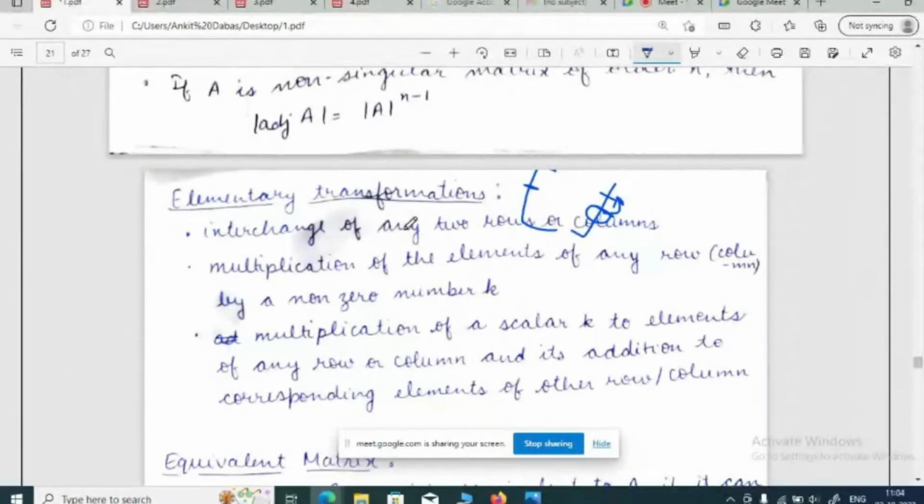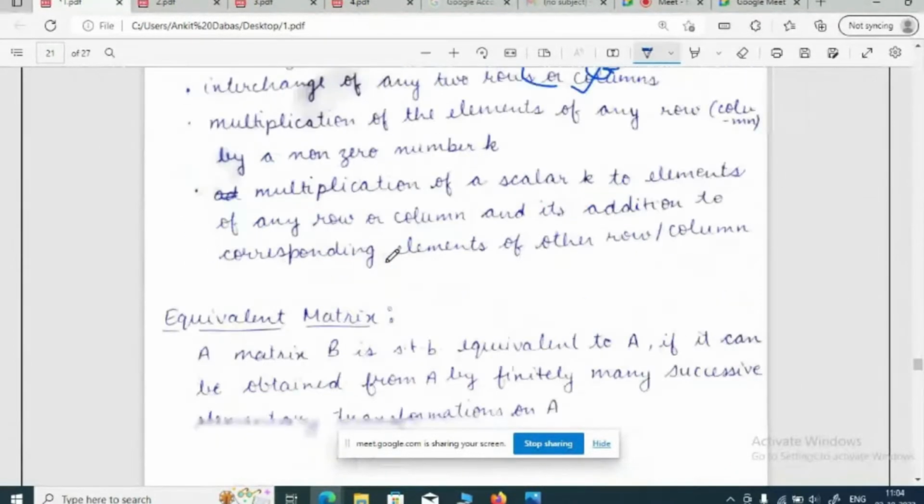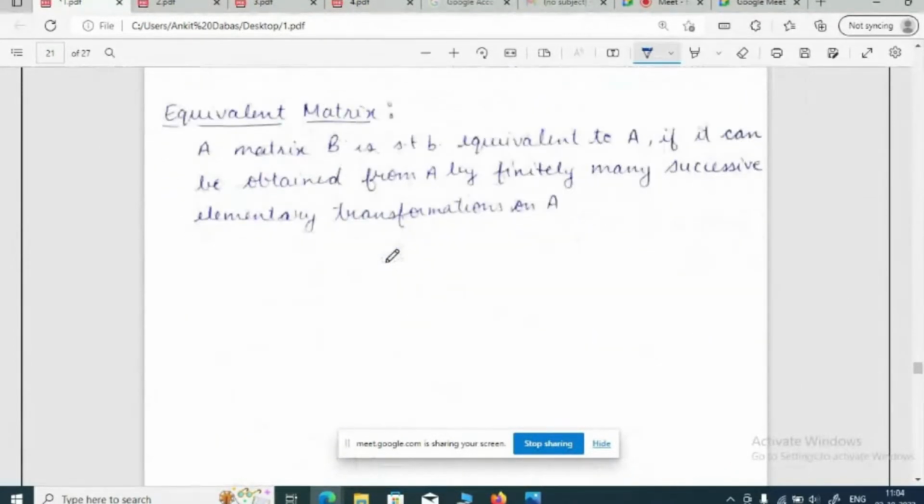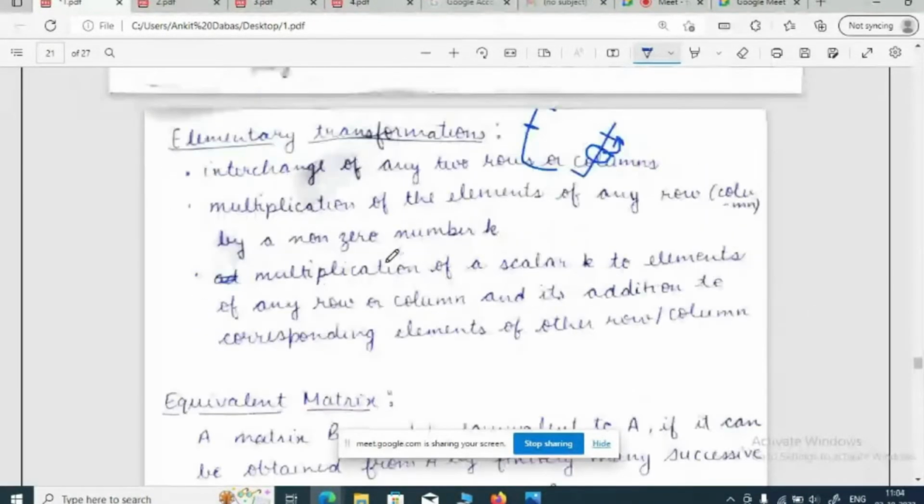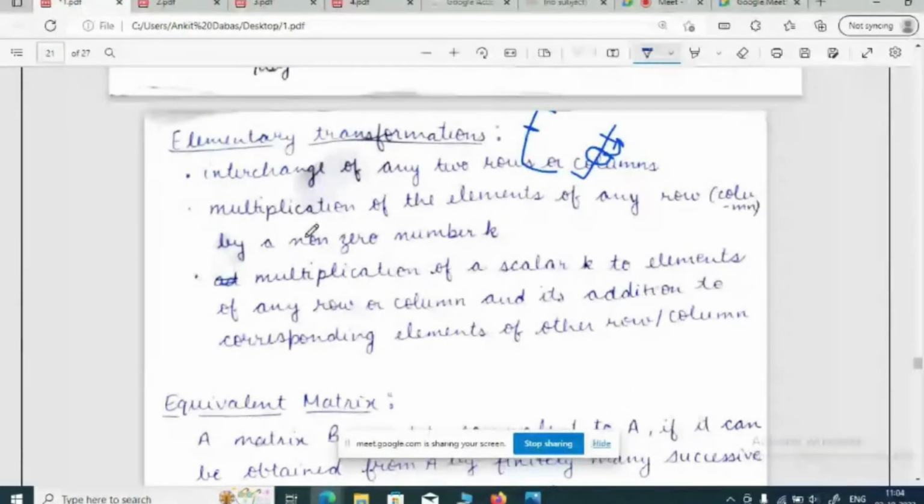When these operations are applied on rows, these are called elementary row operations. If they are applied on columns, they are called elementary column operations, but we use elementary row operations more widely. Next, we have equivalent matrices. A matrix B is said to be equivalent to A if it can be obtained from A by finitely many successive elementary transformations. That is, if by using these three operations,